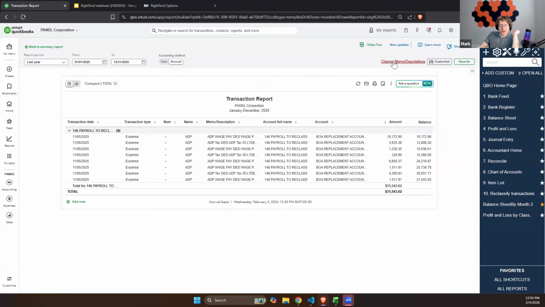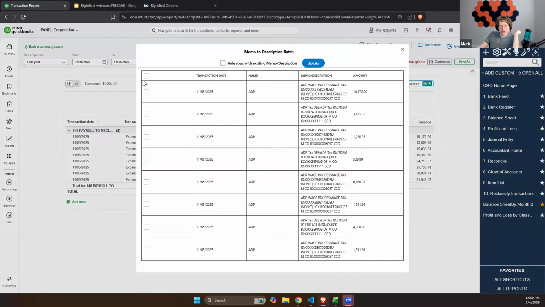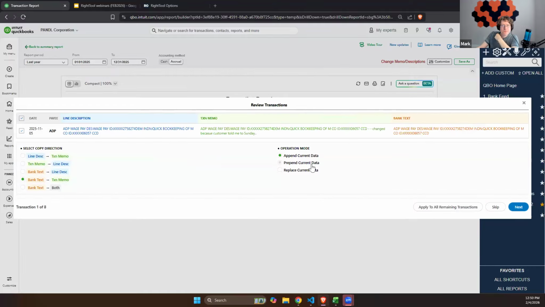Okay, so let's say we are inside of here and we just want to change all the line item descriptions on all of these. I'm going to click on this checkbox to just update all of them. Inside of here, everything already has the